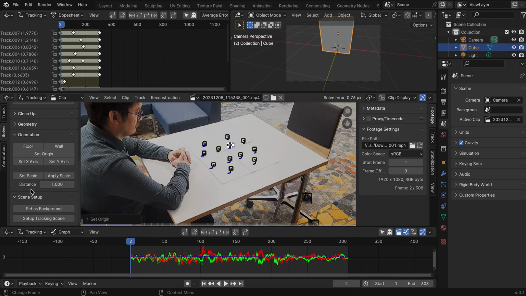And finally, we need 2 more options down here. In scene setup, we choose set as background. That now puts the video as the background of our camera, that's behind any 3D objects that we have in the world, and set up tracking scene